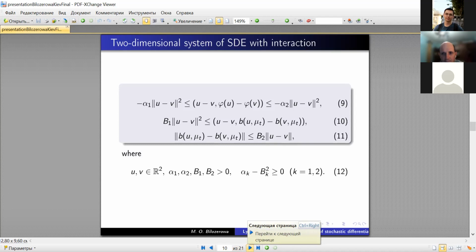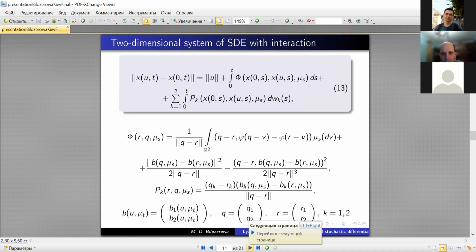They are in some sense similar to the conditions that were considered in the book of Andrei Anatolyevich Drogovtsev, but there were one-sided conditions, and for such an equation here there are two-sided conditions on the right part. And here we have the relation of these constants alpha and b, that is 12. To investigate the asymptotic behavior of the solution of such equations using the Ito formula, we get the formula 13 with the next